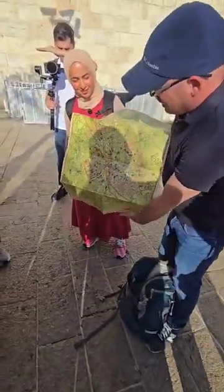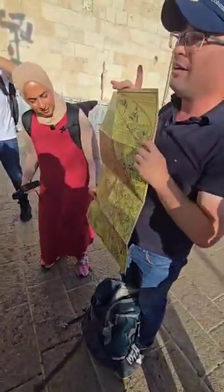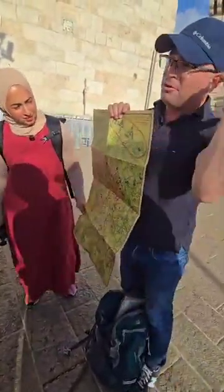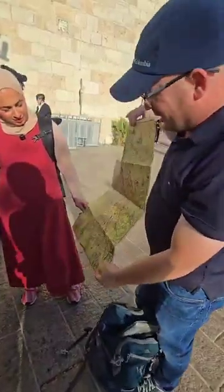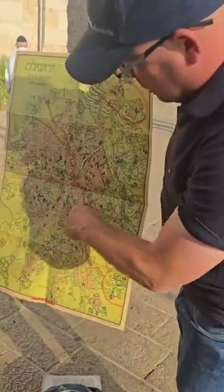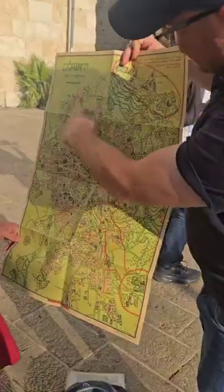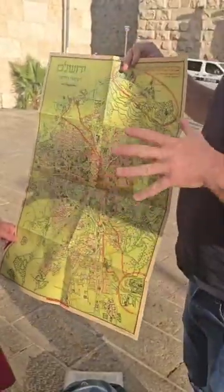And I found this map in our house. Now this is a map from 1949. Okay. Wow. It's not the original one, it is a replica because the original one is too delicate. But without going into all the details, you can see the old city, the Dome of the Rock. We're standing here. And you can see these two red lines. Yes. This is the border